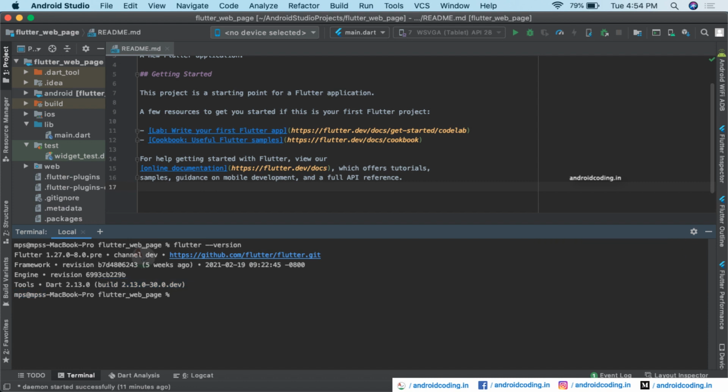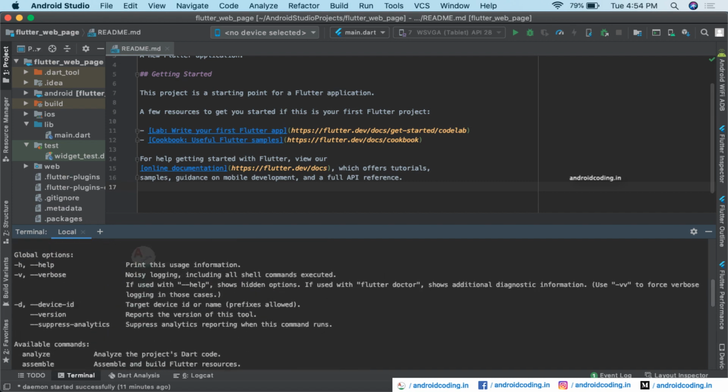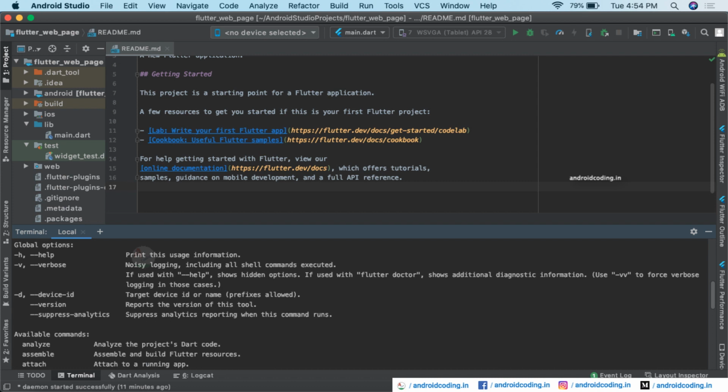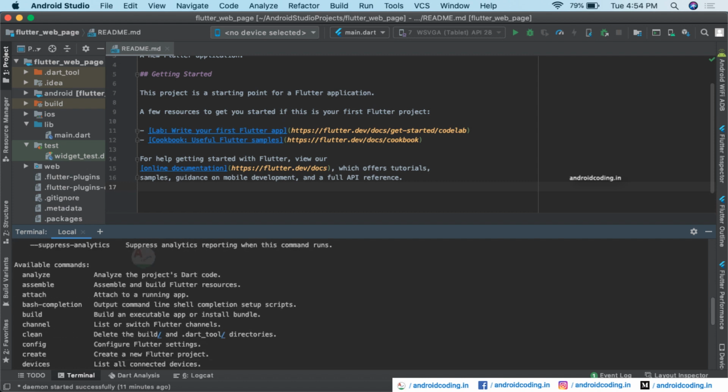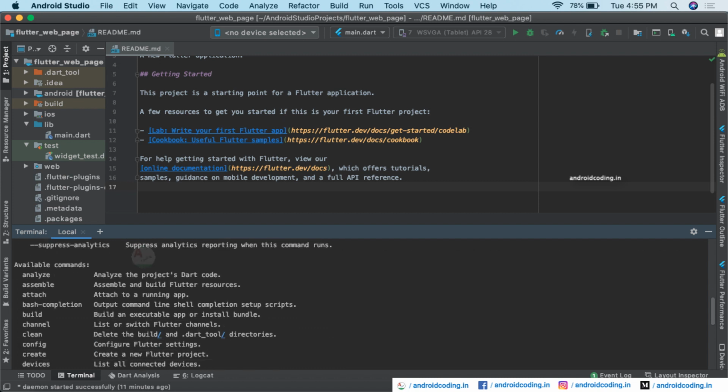If you are a beginner and want to know what commands we can type in the terminal, just type flutter help. In the terminal it will provide a list of commands which you may use. Here you need to add flutter before these commands. All the details like version, device ID, and so on can be available through these command line tools.